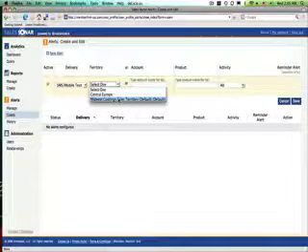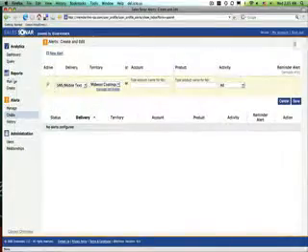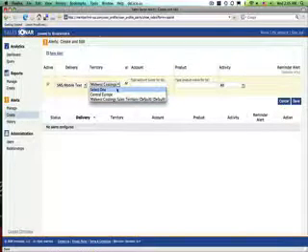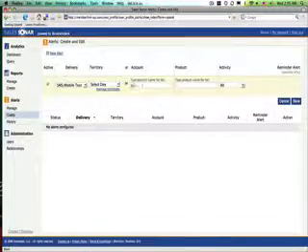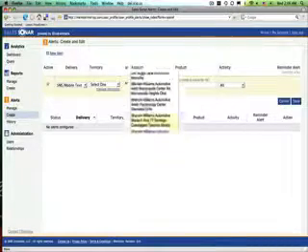So I have this Midwest Coding Sales territory that we've created a polygon in addition to some states, and that polygon was surrounding Sherwin-Williams. And what I can do here is select the territory, and if not, I can go ahead and put in account Sherwin-Williams, and it'll give all the Sherwin-Williams locations. So I can go here and select a particular location that I'm interested in. What I'll do is I'll just simply leave it at Midwest, and I can put an alert on a particular type of product as well. I don't have to. I can just leave it here, send me a text message whenever anyone in the Midwest